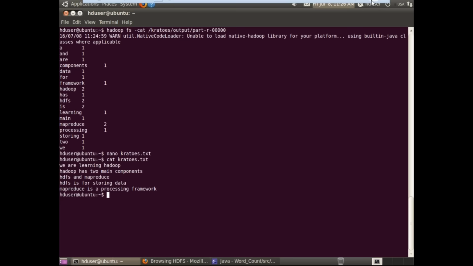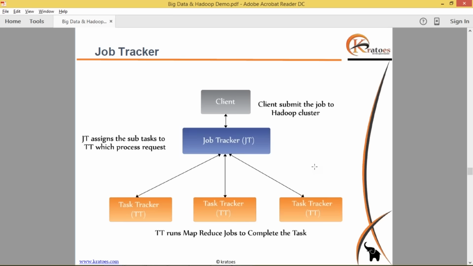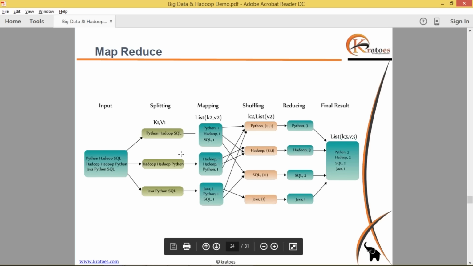We are using different mechanisms, and this is all about how the data is stored, and this is basically the process here. So you can see this is a simple text file. A text file is broken into different lines, and then every word is used as a key-value. So every word is broken down to key comma 1, because every word is appearing once, and then I'm pulling all the common words into different baskets. In this example, Python was used 3 times. So I'm making one basket of Python and putting all my data into it. And this is called shuffling, and then finally I'll be adding up all the